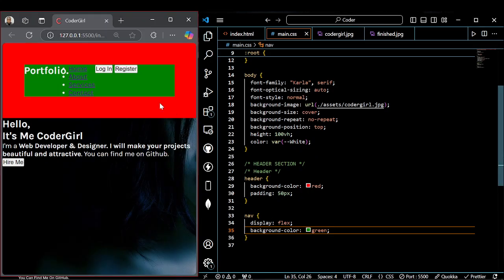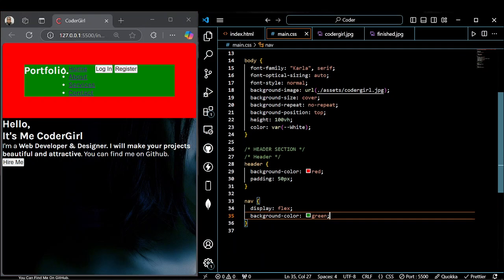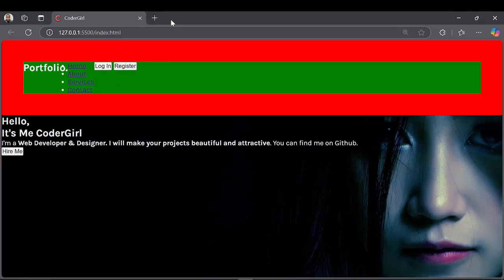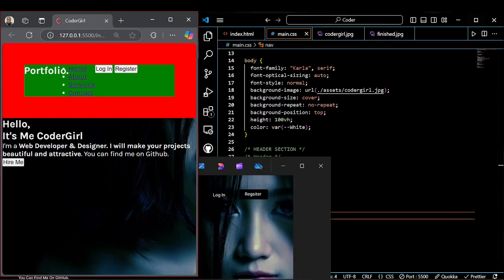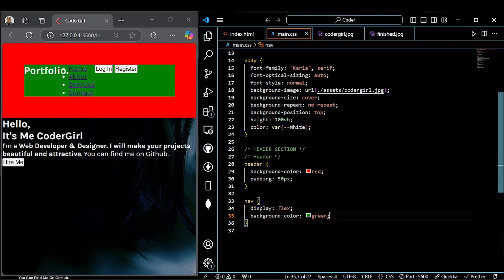So now let's work inside our nav. Now what do we have inside our nav? But before then let's try and spread, because now if we do full screen, these are our logo and menu. They are still on the left side, but we want everything to be spread out. So let's give it a justify content